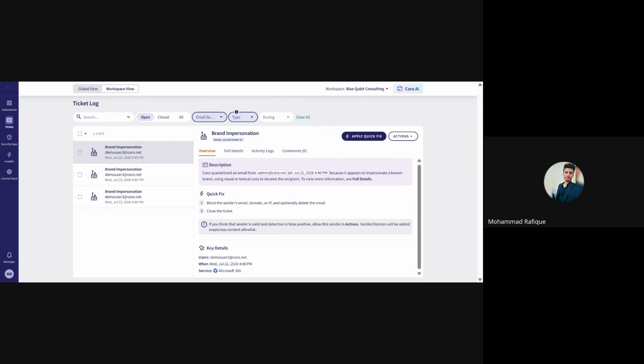Instead of attacking those companies directly, criminals create an email that looks almost identical to a legitimate brand notification. The overview tells us Coro quarantined the email because it appears to impersonate a known brand using visual or textual cues. Look closely at the sender address,